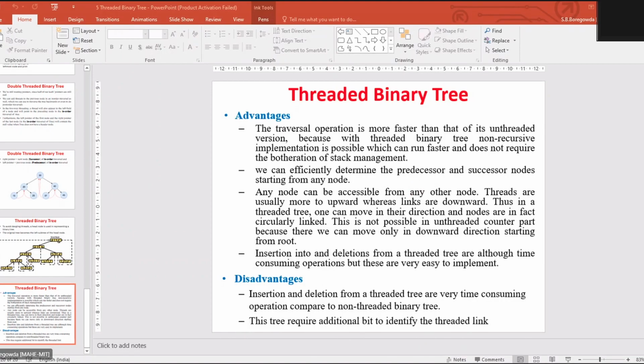What exactly is the use of the extra field added in this method? This particular field holds the probability of the node being accessed. Say for example, in a given tree, if a particular node is accessed n number of times, how many times that particular node is accessed is stored in this probability field or weight field.